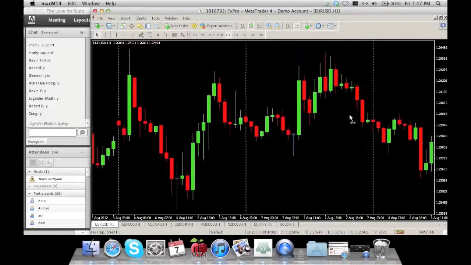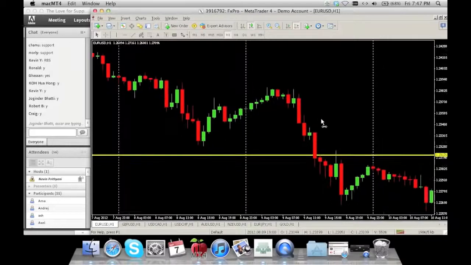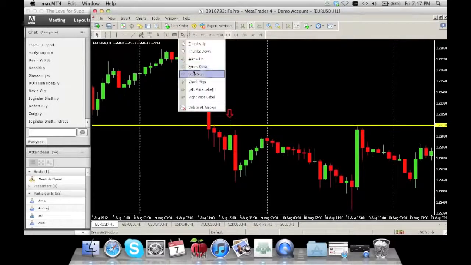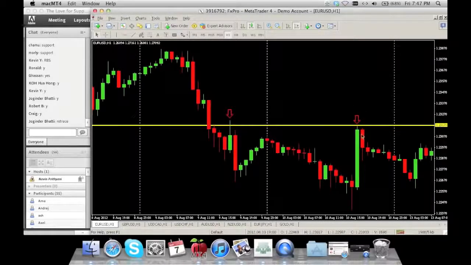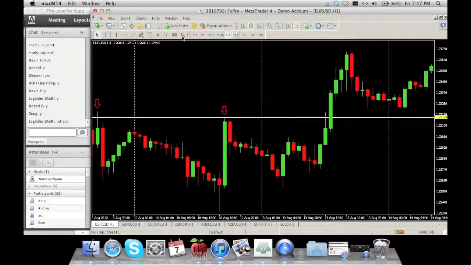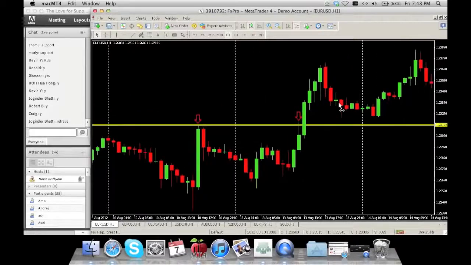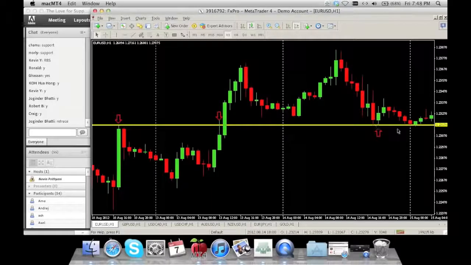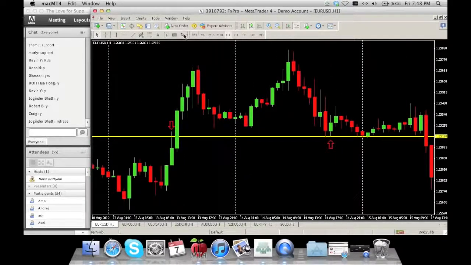Let's see if we can find another test of this area in the future. Strong cross through, and once again it now uses it as a resistance now that we've crossed below it. Once again it uses it as a pinpoint, as resistance. It tried to contain the market one time here, created a tail. Next candle was way too strong, crossed through it. Now it becomes support. Support here, pinpoints. Support here, pinpoint.